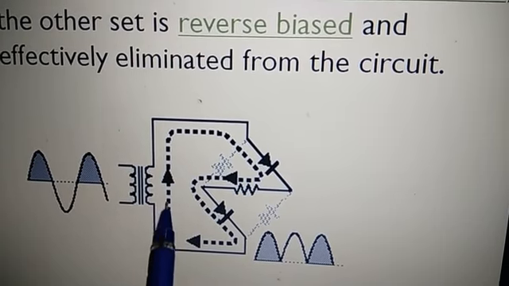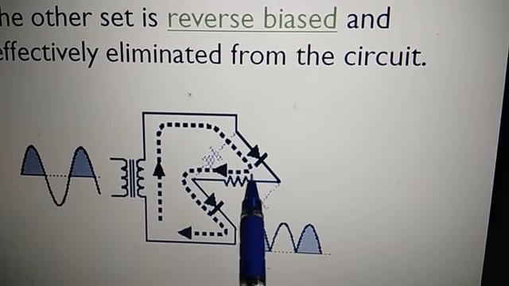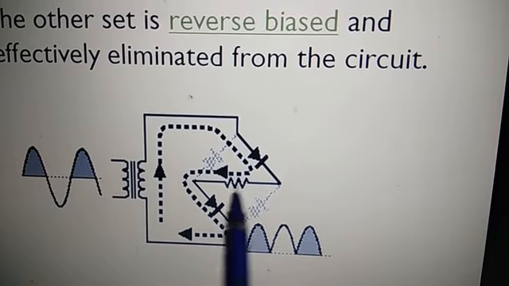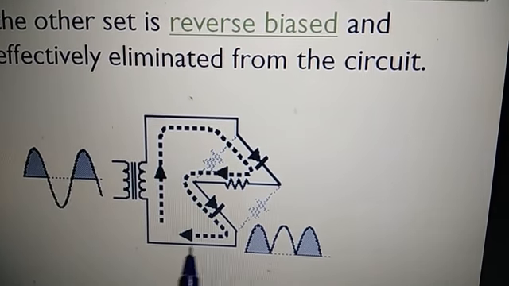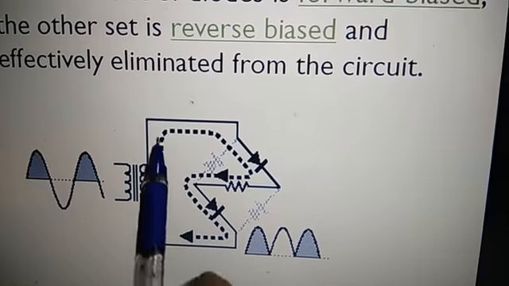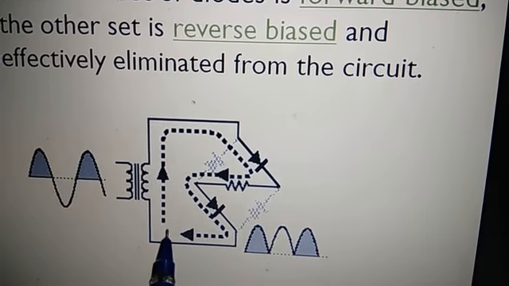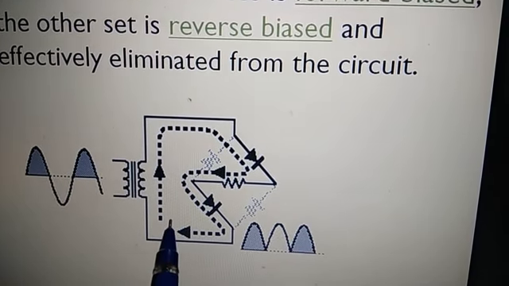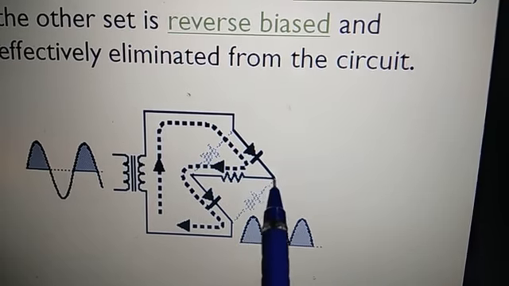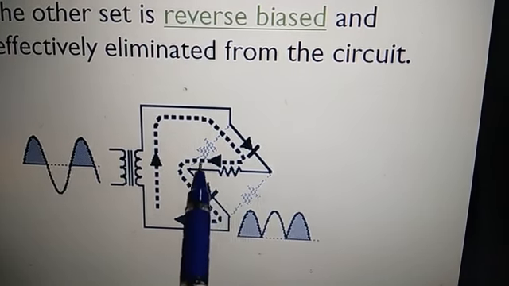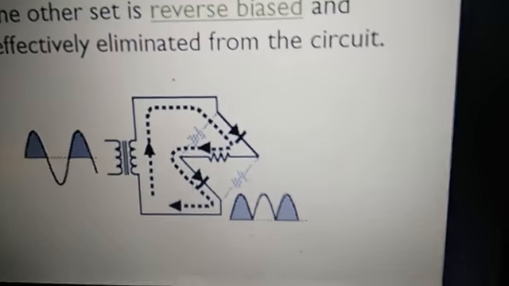When the positive half cycle is there, the current will be flowing as shown by the dotted line. This diode will be conducting and this is the load resistance connected between these two. So current will be flowing through this and this diode, and the current will go to the negative. When the negative half cycle comes, then negative will be here and positive will be here. Right? Then the current will be flowing like this through this diode, then through this load resistance, this diode, and then like this. So this is the diagram.